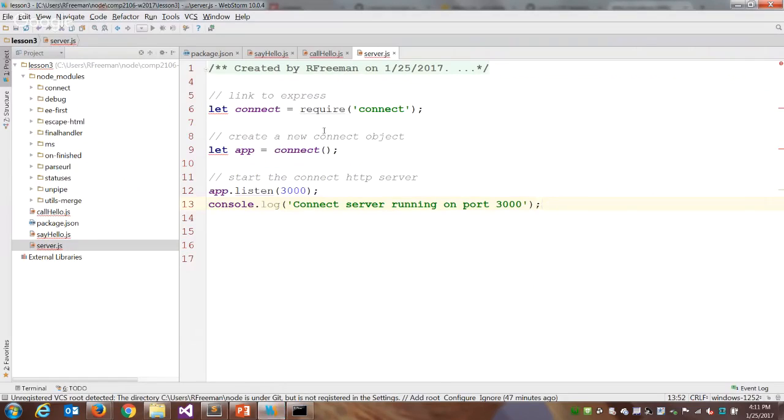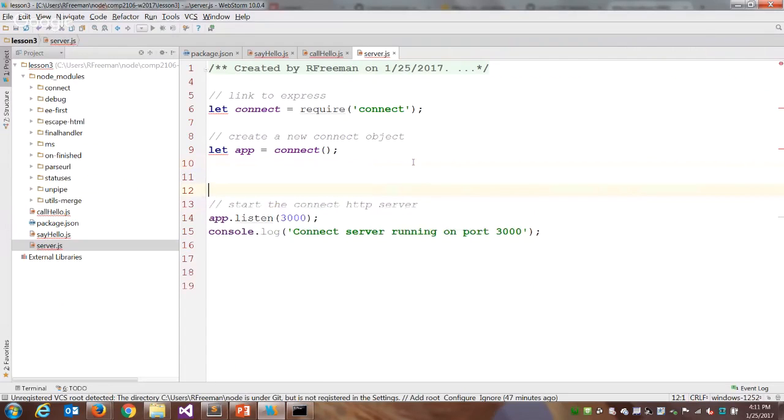We can send requests, our server knows what to do with them, but we have nothing set up to actually issue a response. So we're going to modify our server.js so that we can handle a few different URL paths. And then we're going to also have a look at how do we install a package globally. So what I'm going to do here